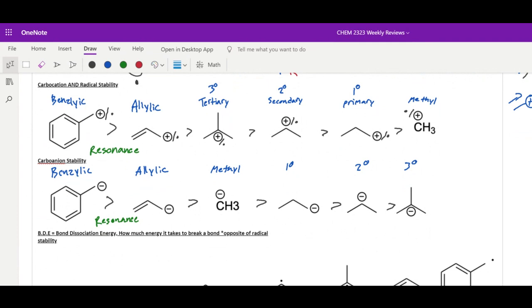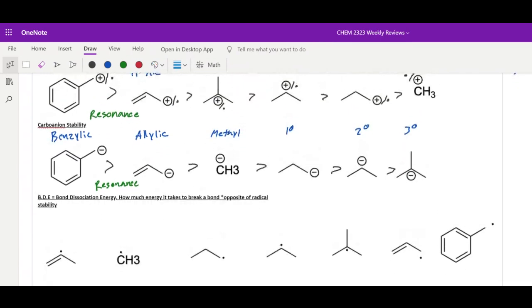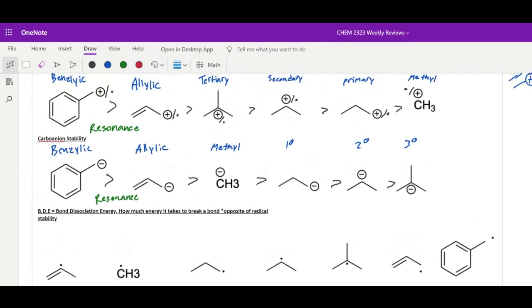Let's think about that for a second. Radical stability is up there. It's benzylic, allylic, tertiary, secondary, primary, methyl. So if it's the exact opposite of radical stability, it's going to be what? Yep, that's right. You guessed it. It's going to be methyl, primary, secondary, tertiary, allylic, and benzylic. Okay, so let's see if you notice something different that I didn't include in